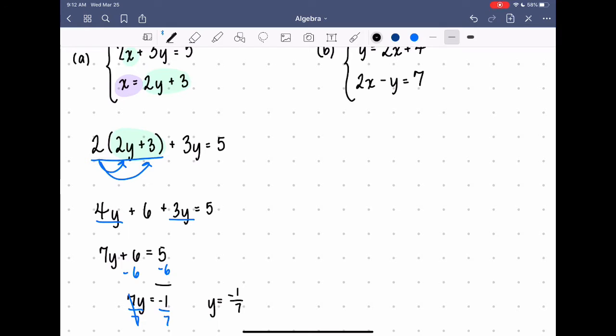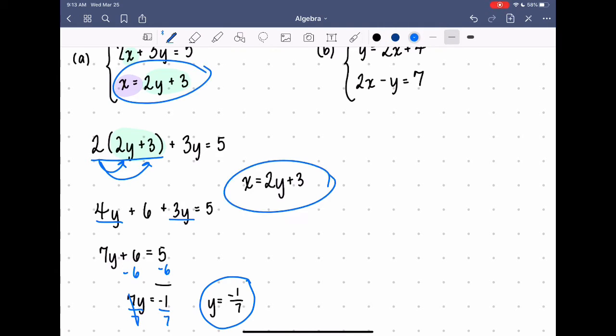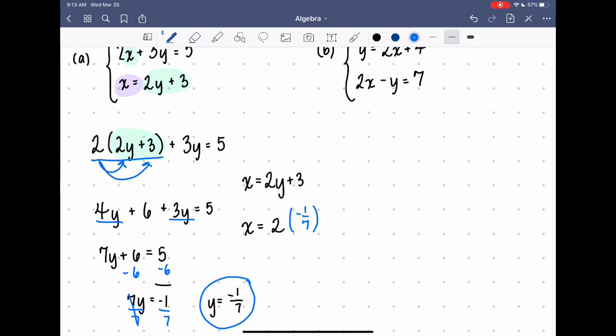I know my y now, but I don't know my x yet. I'm going to have to take this y value and plug it back into either one of the equations. It doesn't matter which one I plug it into, so that I can solve for x. So let me take the second equation. So I have x equals 2y plus 3. That was my equation right here. And I'm going to plug in this y value to solve for x. So I have x equals 2 times negative 1/7 plus 3, which is x equals negative 2/7 plus 3,